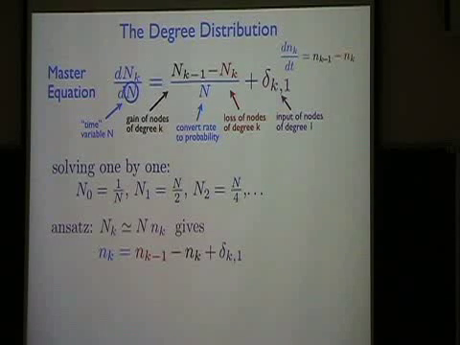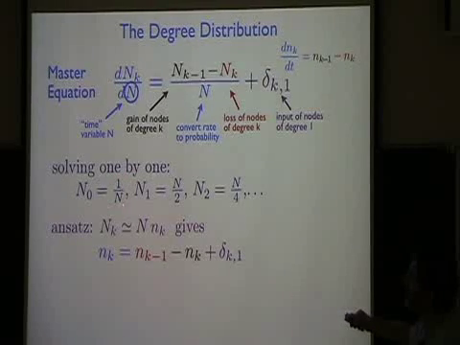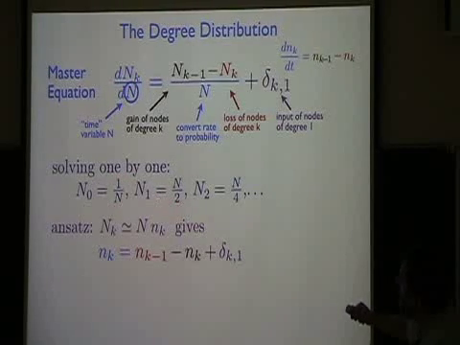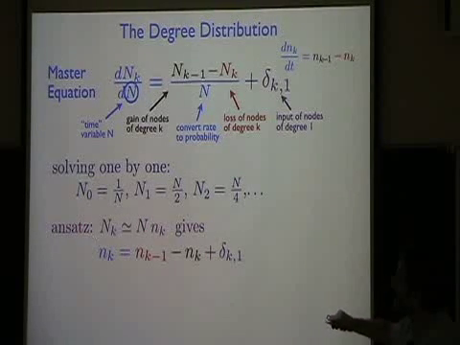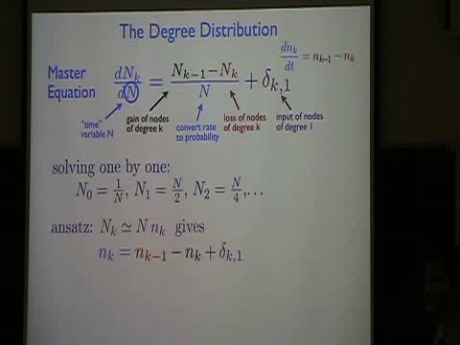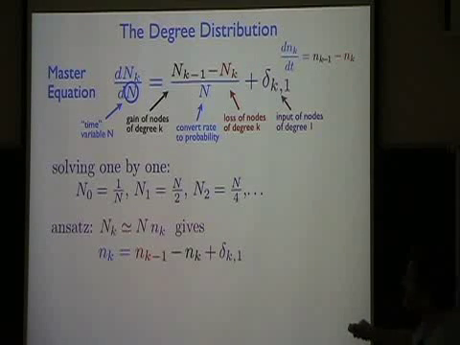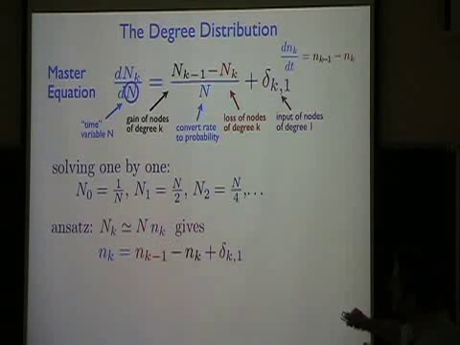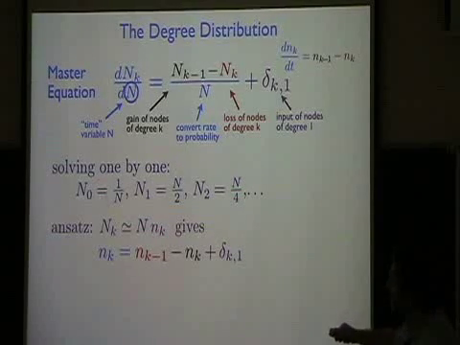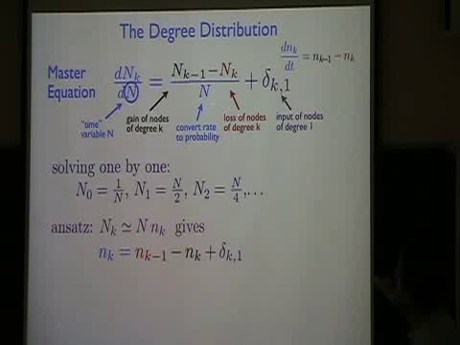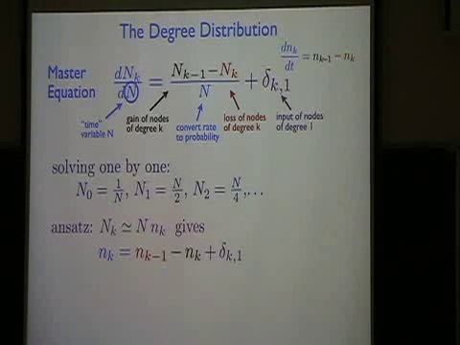Another way you can do this is that you notice that, forgetting about the number of nodes of degree 0, which are disappearing, these are all proportional to capital N. So if you make the ansatz that capital N_k, the number of nodes of degree k, is proportional to the total number of nodes of the network times the normalized density, and substitute that above and just divide out the N, then you get a much simpler recursion formula. You don't even have to be a university student to do this. This is what you learn in high school, and then you can solve that one directly.